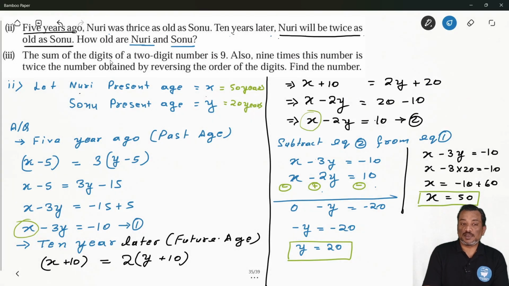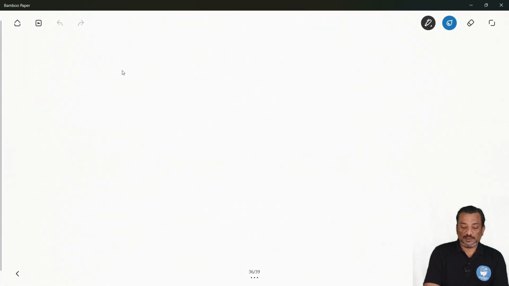So we will say the sum of digits of a 2 digit number is 9, okay, and 9 times this number is twice the number obtained by reversing the order of the digits. Find the number. Okay, so हमें इस क्वेश्चन को सॉल्व करना है, तो बहुत ही आसान है, सिंपल वे में। So now we are talking about question number 3। तो ये 2 digits की नंबर की बात हो रही है।